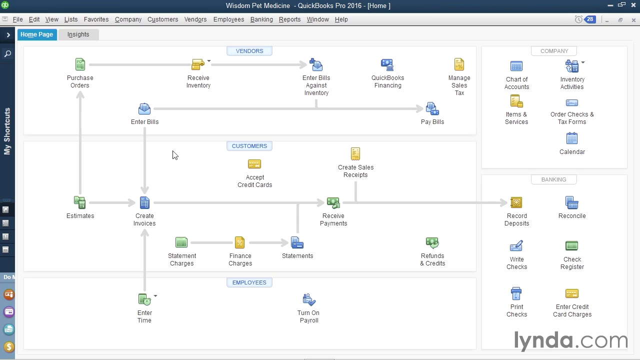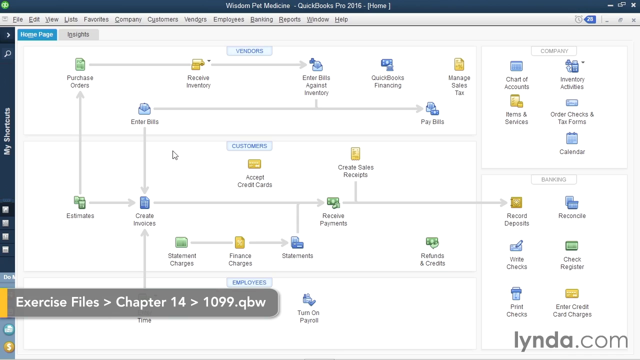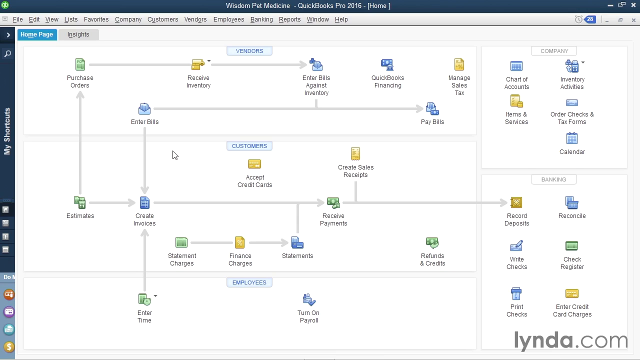A 1099 is a tax form that you need to file with your taxes to send to your vendors and consultants who you paid a certain amount of money to in the previous year. The IRS laws will tell you what that amount threshold is to which you have to send a 1099. For example, you must send 1099s to any vendor or consultant to which you paid at least $600 or